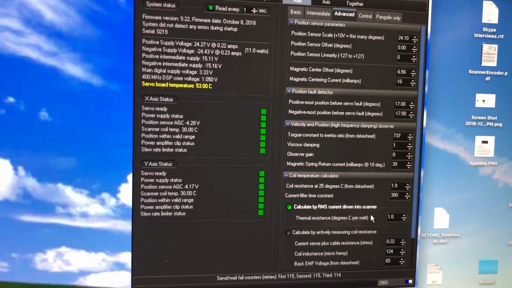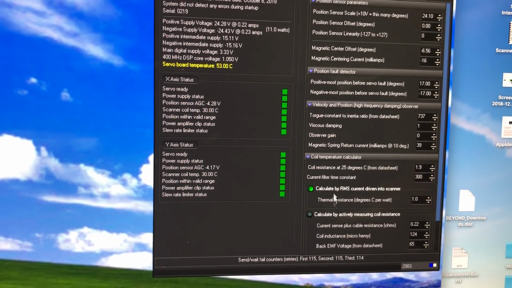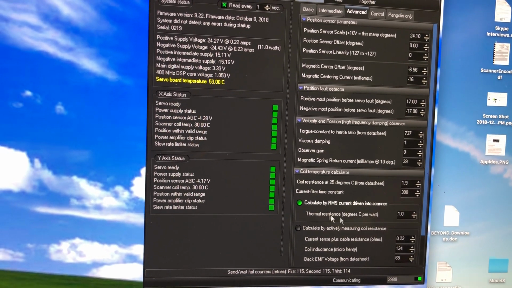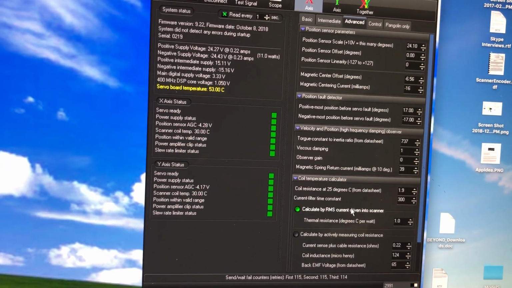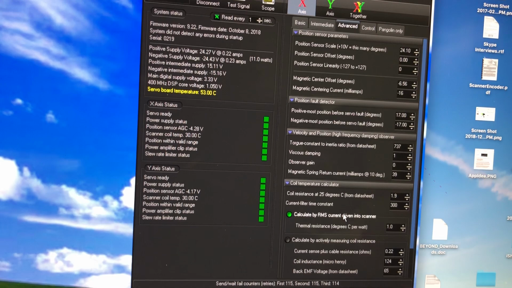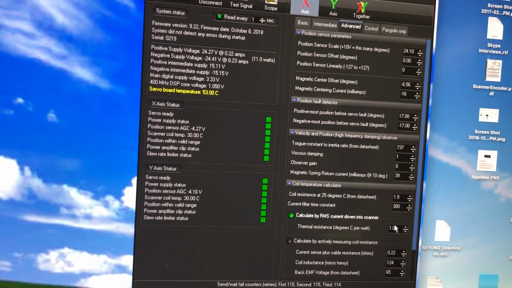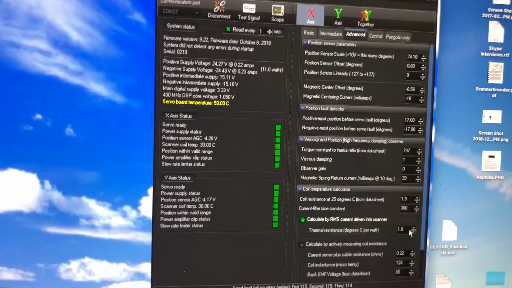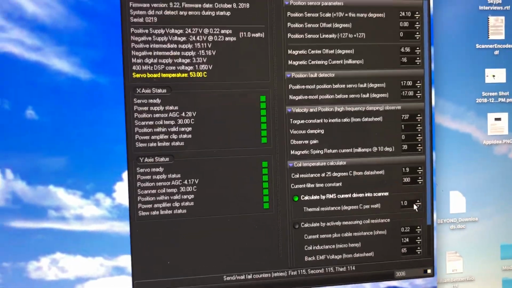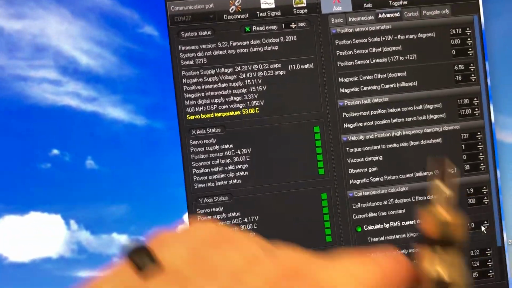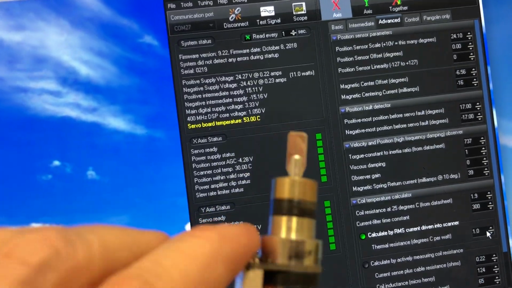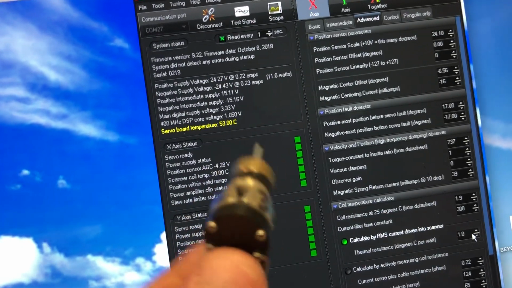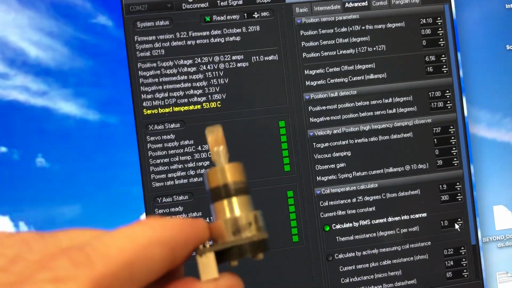Now, here's the reason why we have two different ways of calculating the coil temperature: this is insensitive to the length of cable between the servo driver and the scanner, which is good. Insensitivity is good, but it is unfortunately sensitive to how good of a job the end user has done at heat sinking the scanner. So for example, if they take the scanner and they operate it in midair, not connected to any heat sink whatsoever,